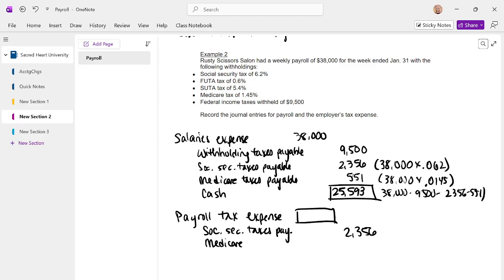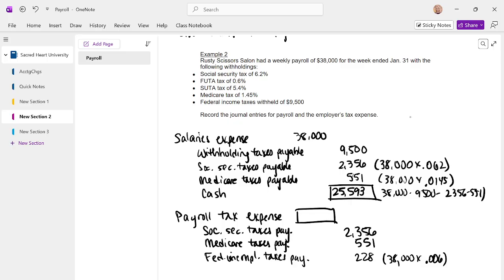Our portion of the Medicare taxes payable, $551. And then as an employer, we also owe the federal unemployment taxes payable, FUTA, which is 0.6%. And that will work out to be